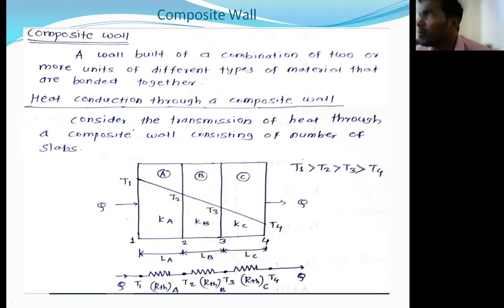Composite wall: a wall built of a combination of two or more units of different types of material